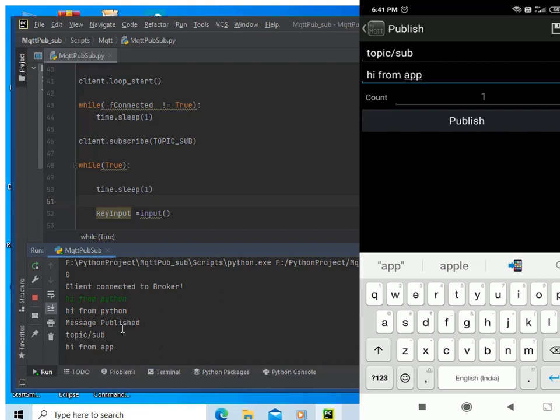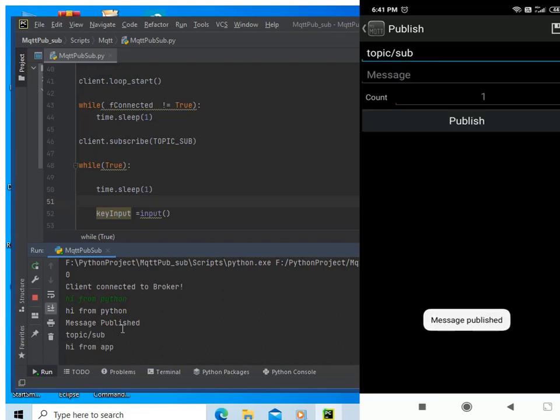So the message is published, and you can see it has been received by the Python application, and we have received the topic of subscription, that is topic/sub, and the message is hi from app.